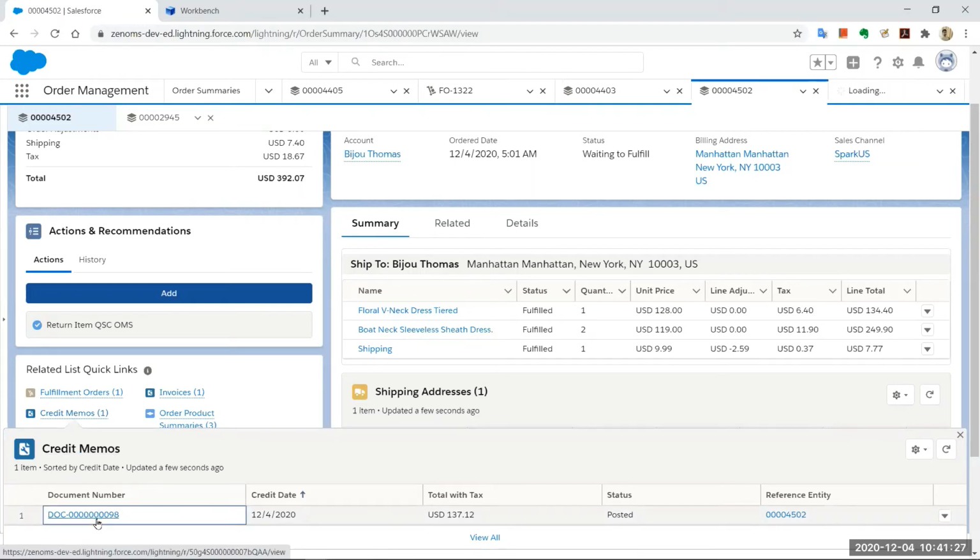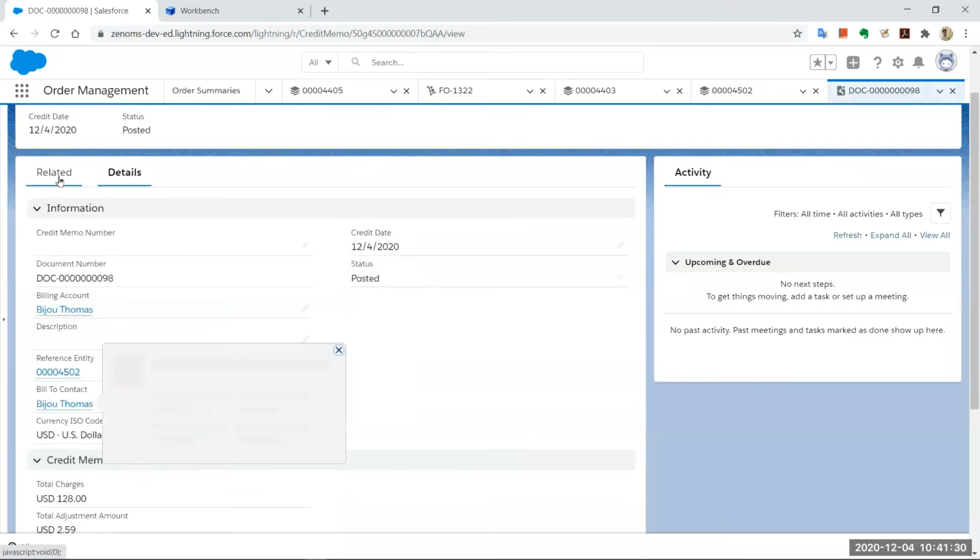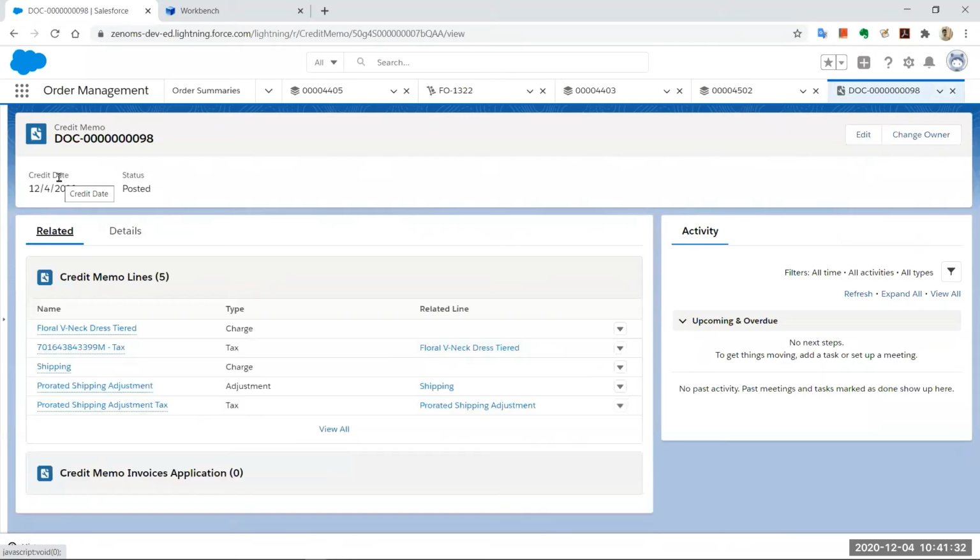So here also you get the details of the credit memo, right? And if you have a payment gateway integrated with order management system, that is again something that I would want to highlight. So the order management system also comes with what is called payments platform, right? And if you have a payment provider, or a PSP that you use for your purposes, you can basically integrate it with the payments platform. I'll come to the specifics of that, and probably we can delve into that in another session.